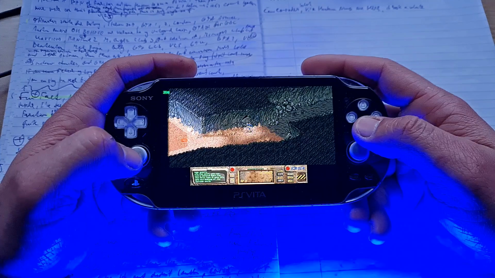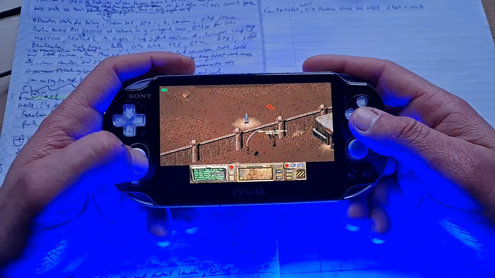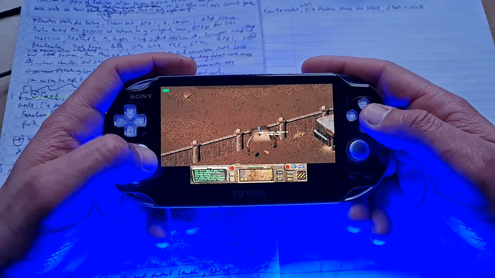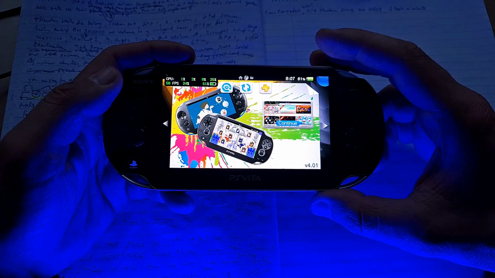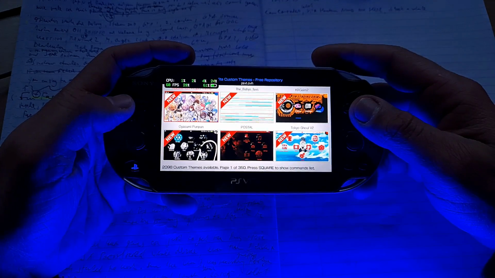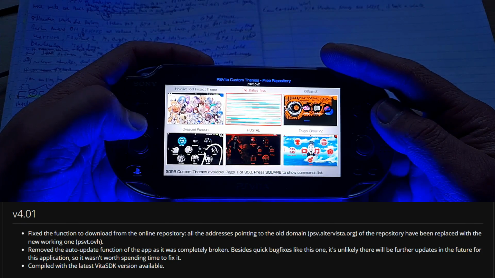I haven't noticed anything out of order, they are very enjoyable. Make sure to update them if you are playing them, or install them if you haven't already, and if you want to relive a bit of asymmetrical Fallout goodness. Recommended! Custom Themes Manager also received an update with a fixed download function from the online database,